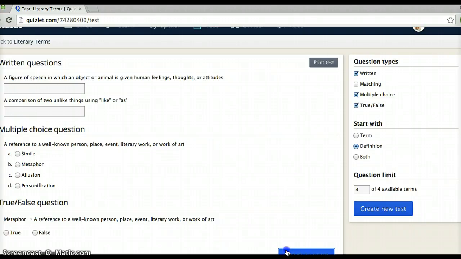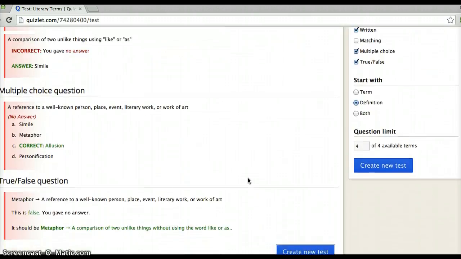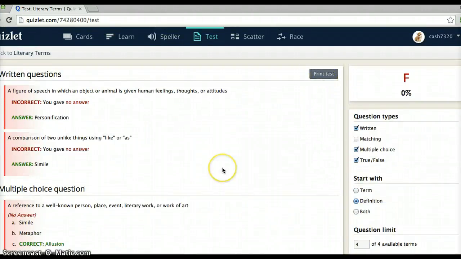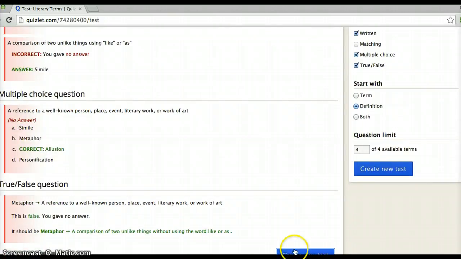So down here, this little bar is cut off, I think, on the recording, but check their answers. They get to see how they did. Did they get them right? Did they get them wrong? They can print the test and bring it in to you as the teacher if you wanted that to be proof that they've studied. That can be taken as a grade. So